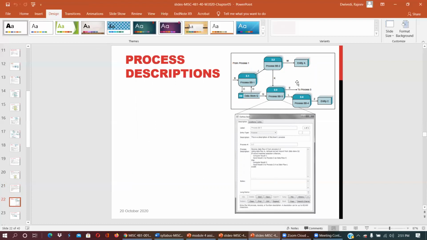So look into the process description here. For example, process 2.3, define types, this description. Process 2.3 is clearly written here. This is the level, this is the process, this is the description of the process. So similarly,